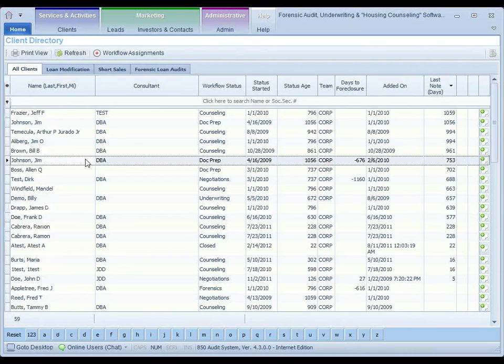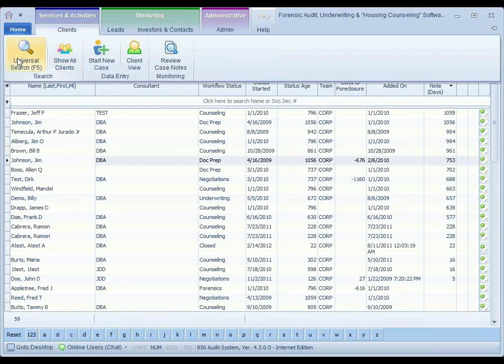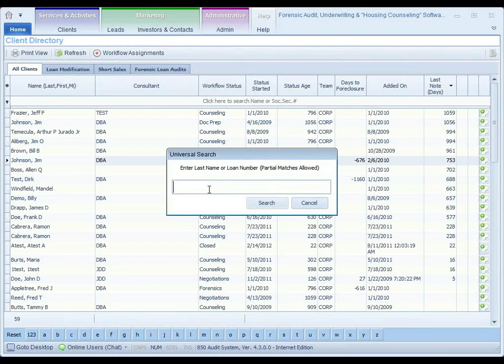Now let's go ahead and go into the software. There are some quick ways to pull up a file. You can either double-click on the file right from here. We have some quick search keys in here that you can use. Press F6 and do a universal search, and you can type in a loan number or a name. You don't have to go flipping through everything. You can just say, I just know